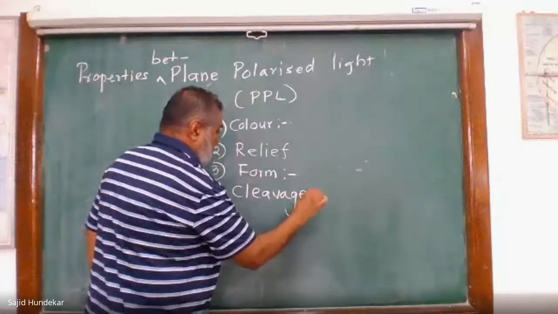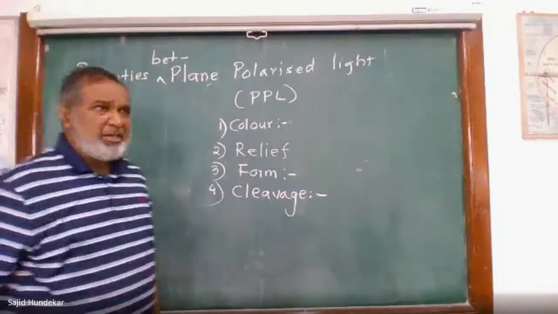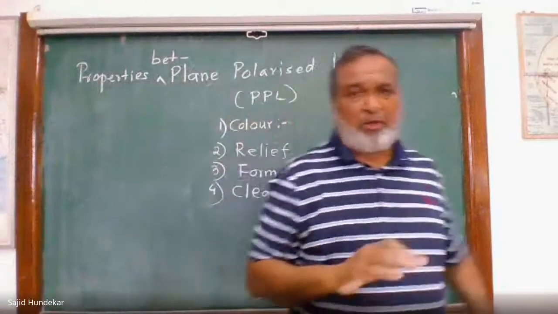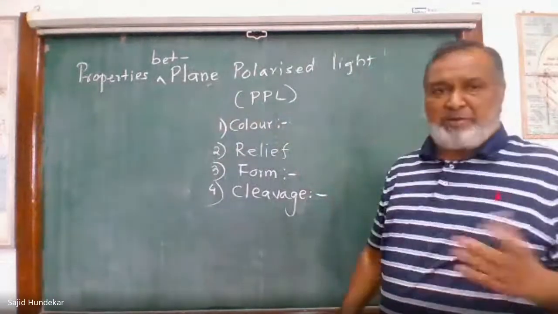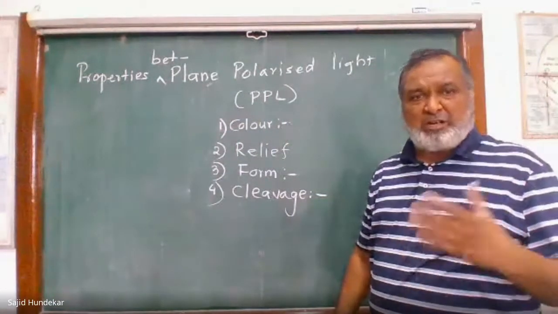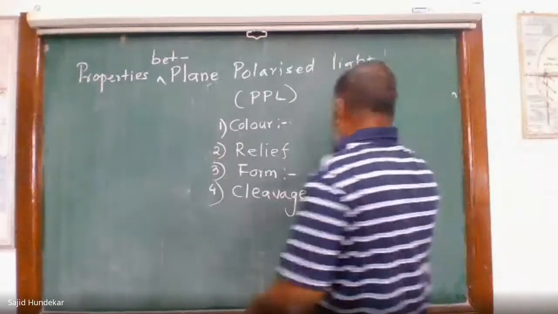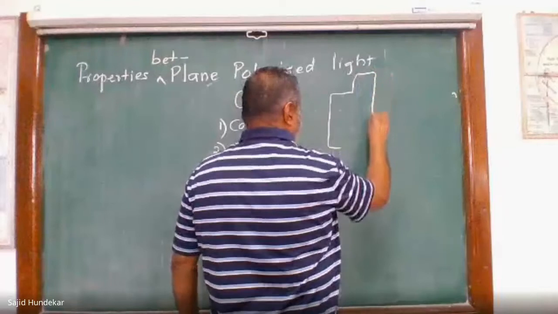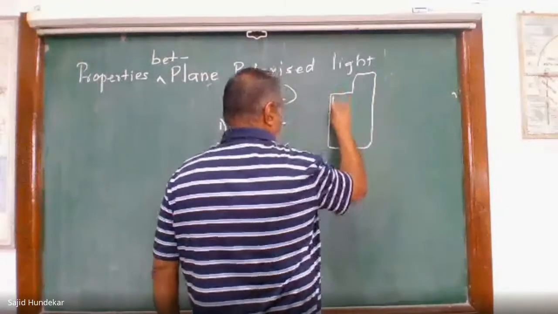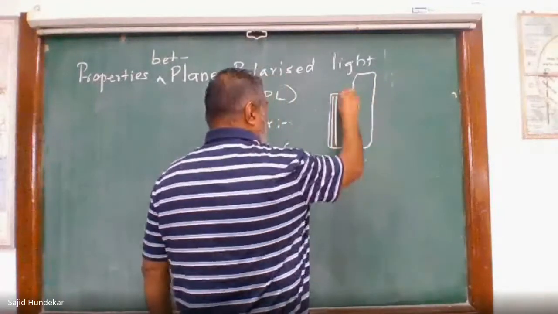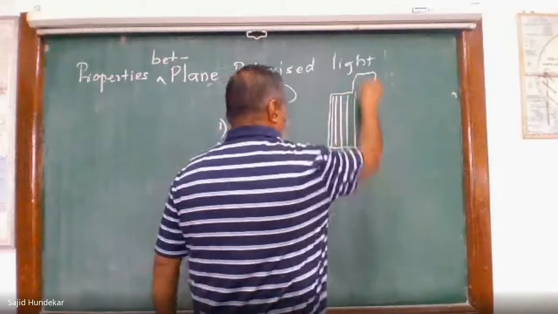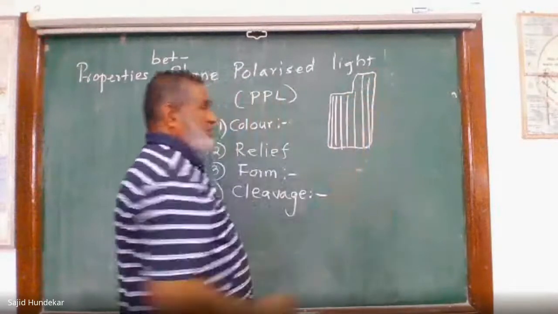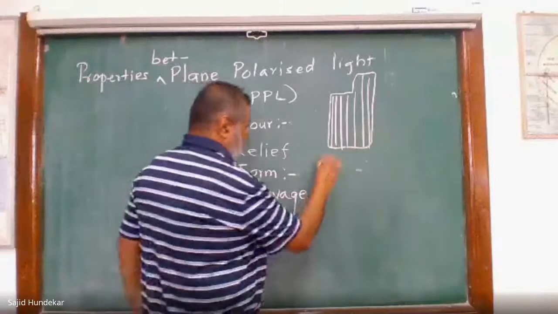It is a plane of thickness along which the mineral can be split smooth on both sides. So it may be 1 set, it may be 2 sets, or it may be 3 sets. Here, for 1 set, like what we have seen, the flaky mineral or flaky minerals, in this we have straight parallel lines. So this is a set, 1 set.